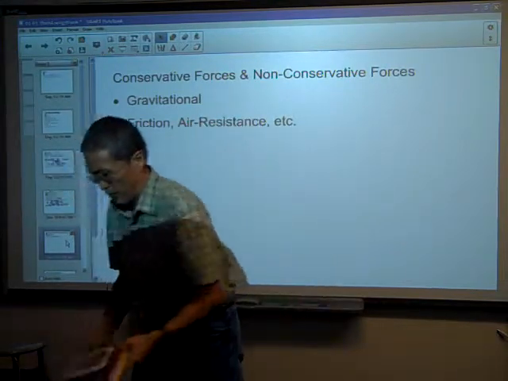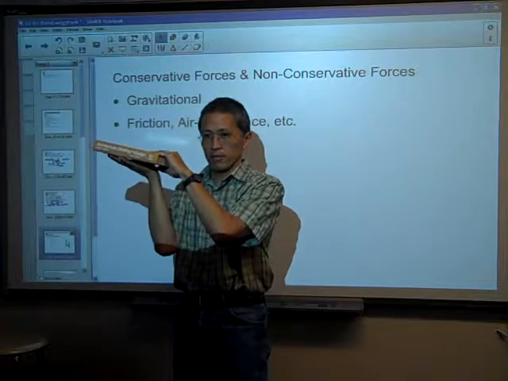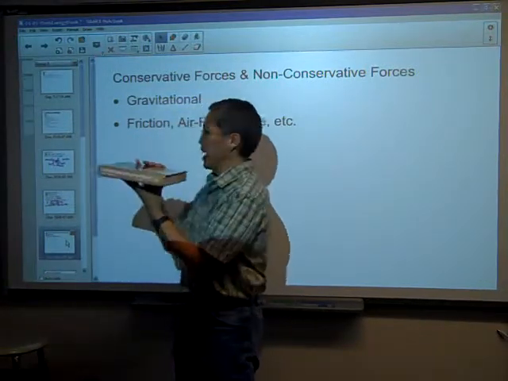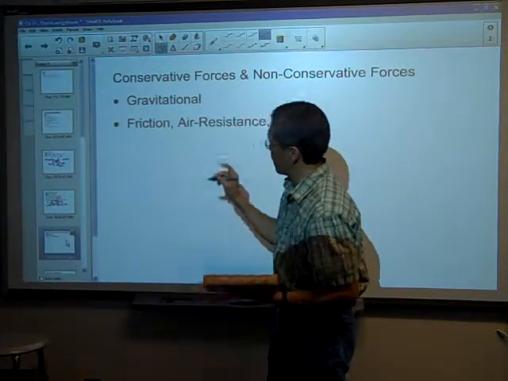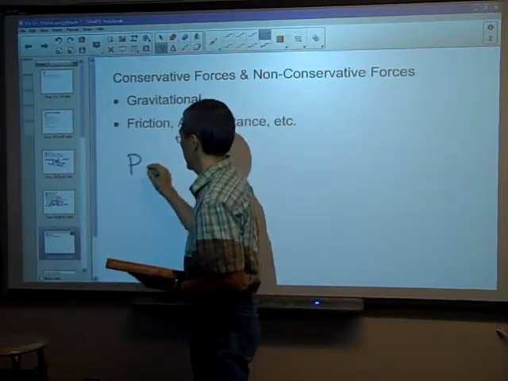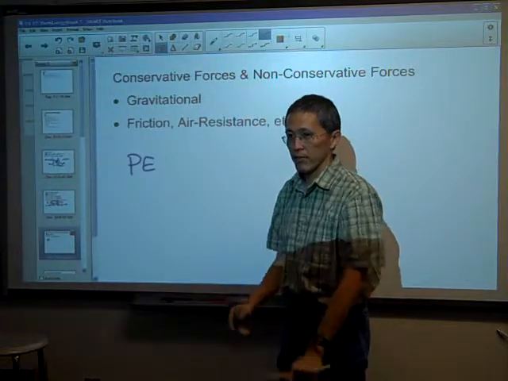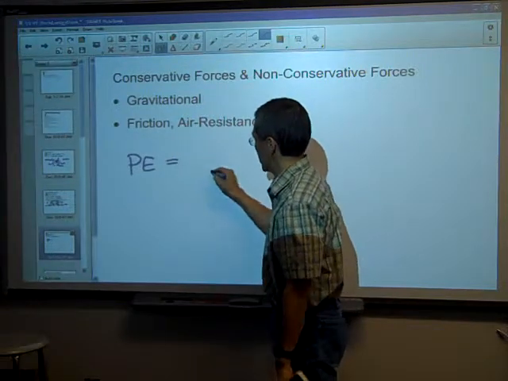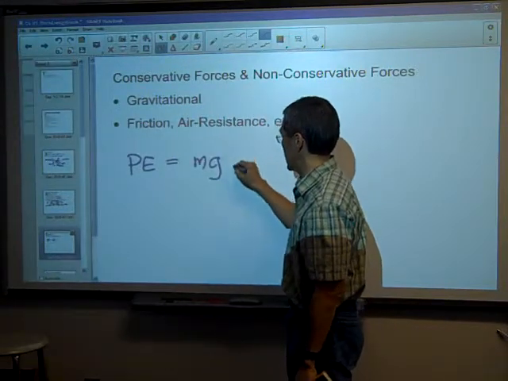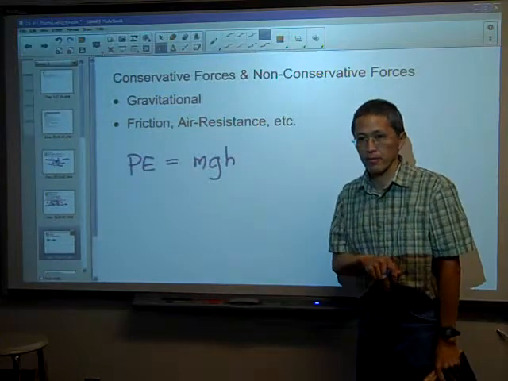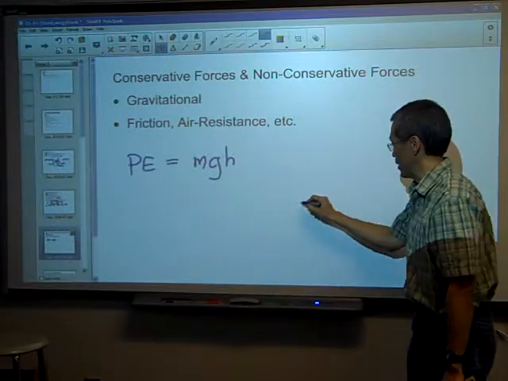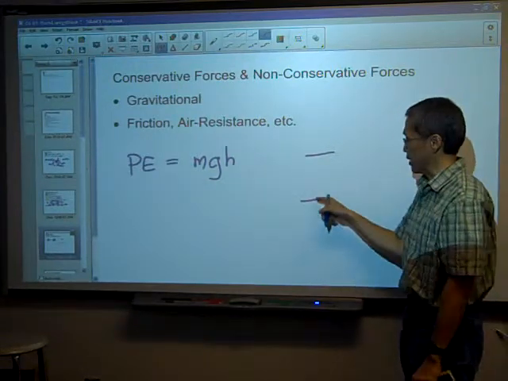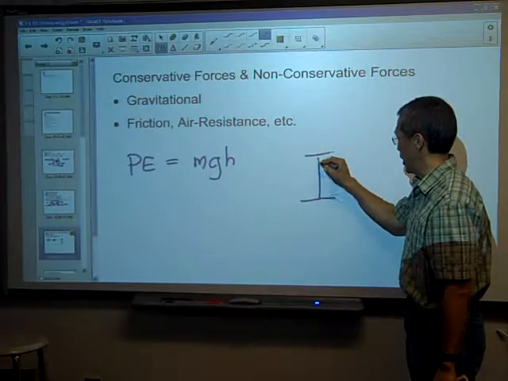So we know that gravity always acts toward where? Gravity always acts toward the Earth, toward the center of the Earth. And the formula for the potential energy, so we'll look at it this way. Potential energy due to gravity is always equal to mass times gravity times the height, or the change in height. Okay? So if I have something that moves from here to here, its potential energy has changed by